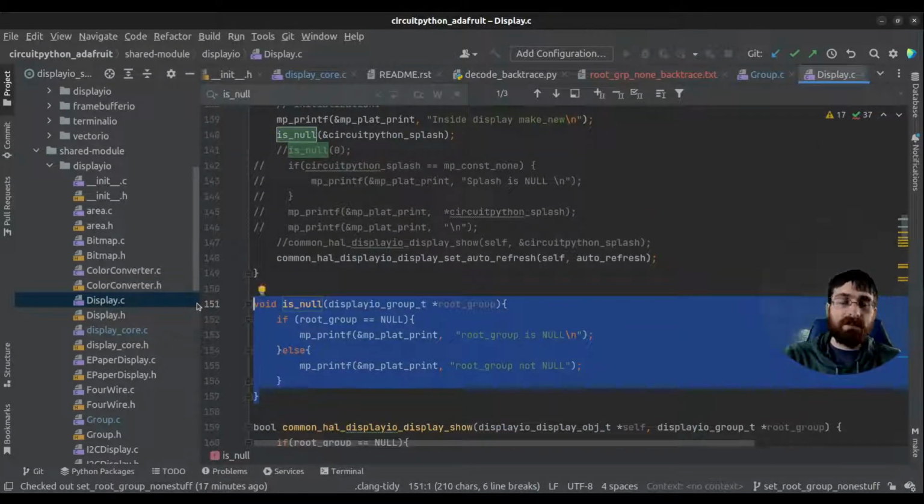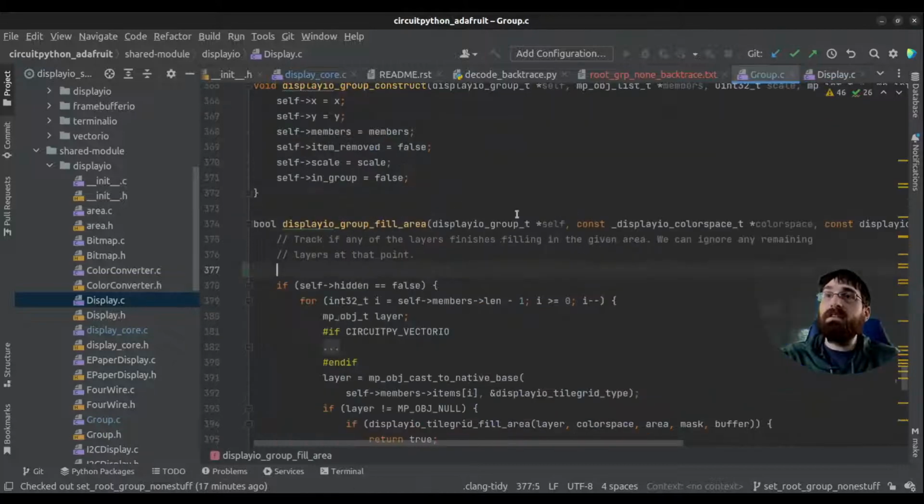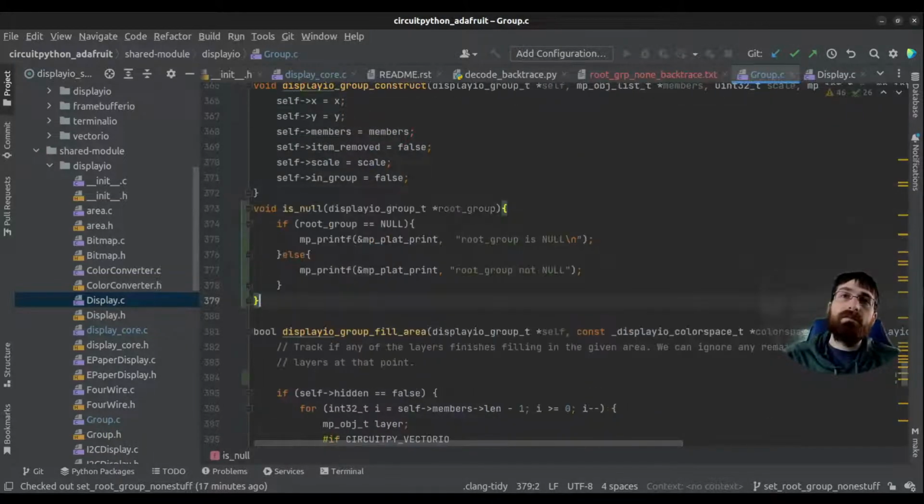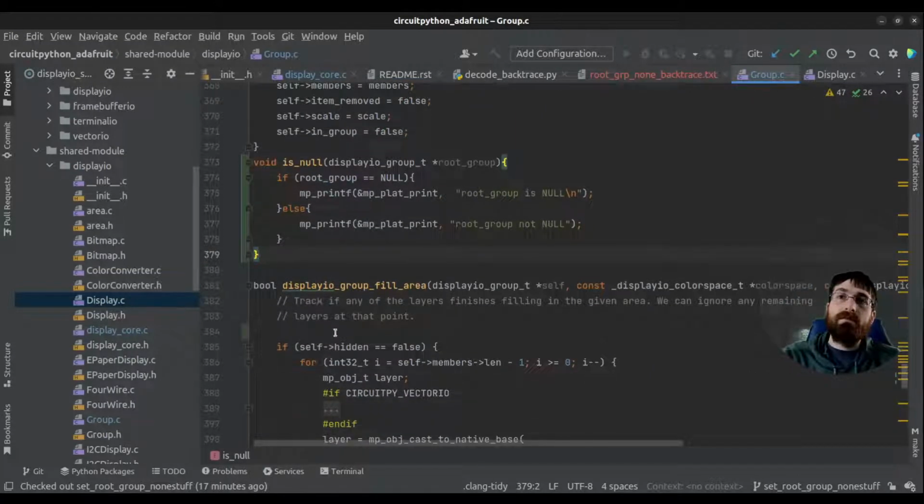It's not a thing that's going to stay in the code anyway. Say is null